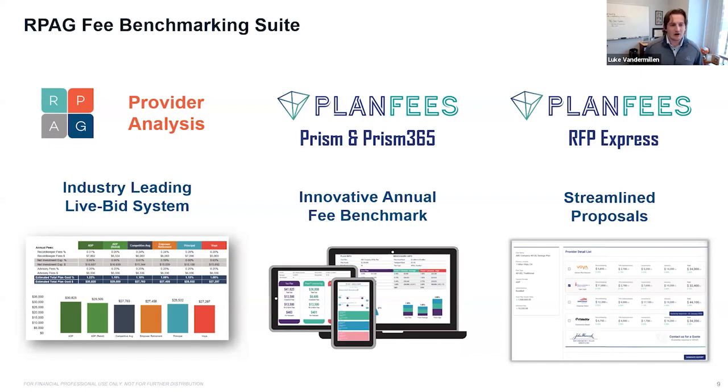And so that's why RPAG developed the plan fees suite of resources to give you quick and easy reports to download in a matter of seconds for your retirement plan clients that allow you to quickly benchmark their fees or find the right provider for them. So the plan fees resources consist of Prism, which is a total fee benchmarking report, Prism 365, which is an advisor fee and service benchmarking report, and then our latest and greatest resource here in the RPAG suite, RFP Express,